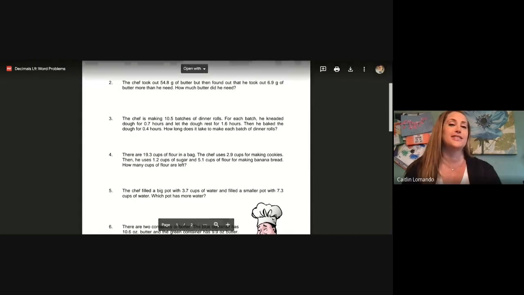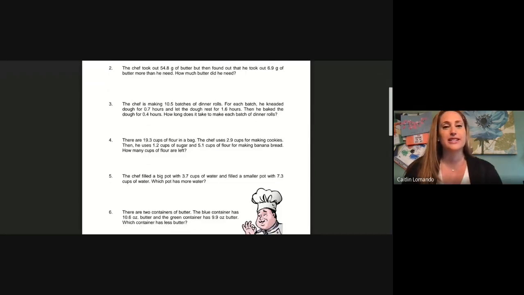Number 3 says, the chef is making 10 and 5/10 batches of dinner rolls. For each batch, he kneaded dough for 7/10 hours and let the dough rest for 1 6/10 hours. Then he baked the dough for 4/10 hours. How long does it take to make each batch of dinner rolls? So,